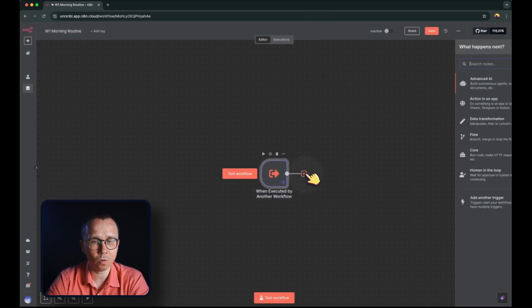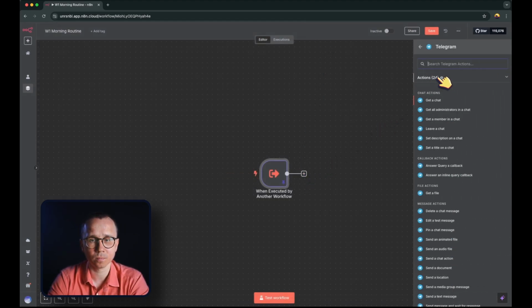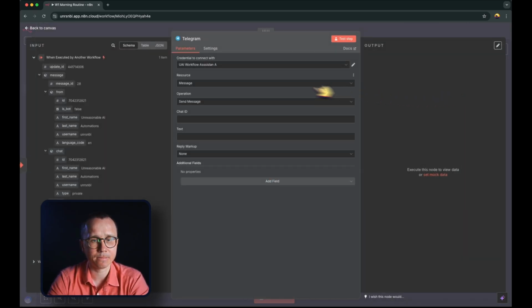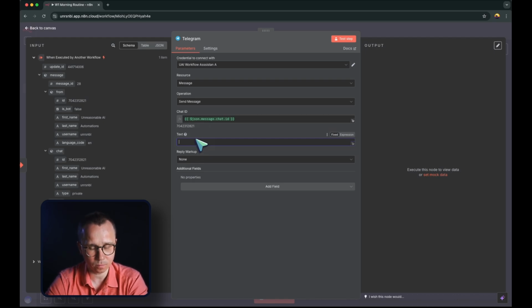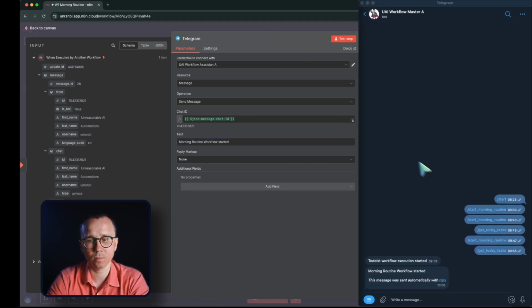And now we add the Telegram node, send message, and now we just move here chat ID, and the text will be morning routine workflow started. There's the step. You can see that morning routine workflow message is coming, but you can see this appending